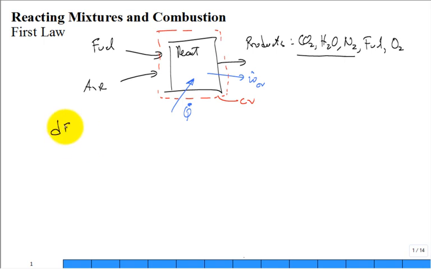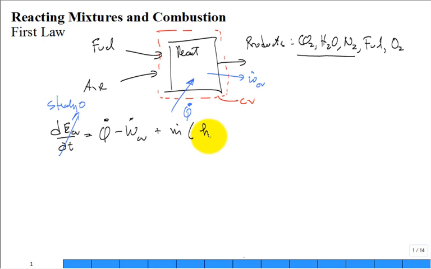The rate of change of energy stored in the control volume with respect to time. The only thing we're going to be doing is considering steady state, so that term is 0. And then that's equal to the rate at which it's flowing in with heat transfer minus the rate at which it's flowing out across the boundary of the control volume due to power. That could be electric, that could be shaft, that could be a lot of little things. But basically, a lot of times in our reactor, that's almost always 0 as well. All right, and then we're going to have our mass flow rate,